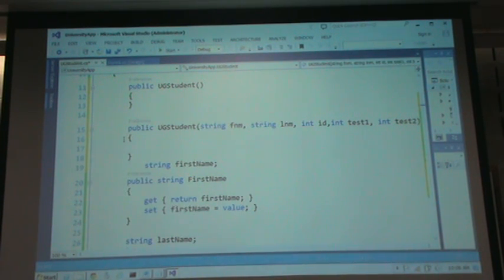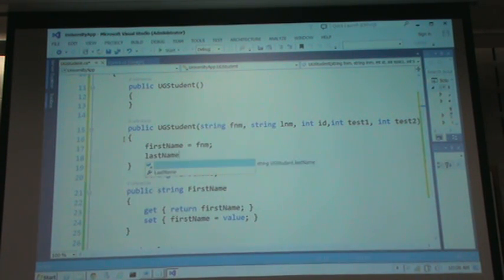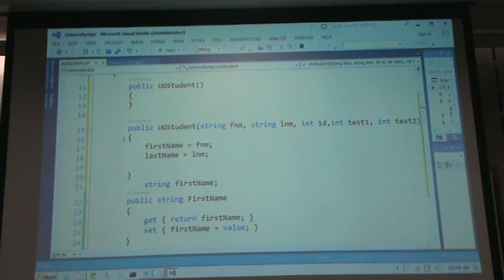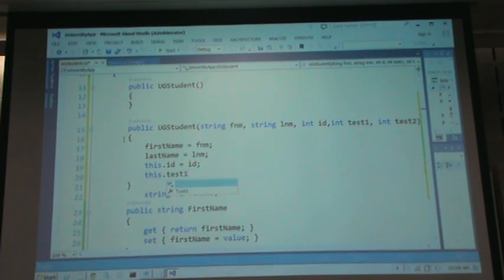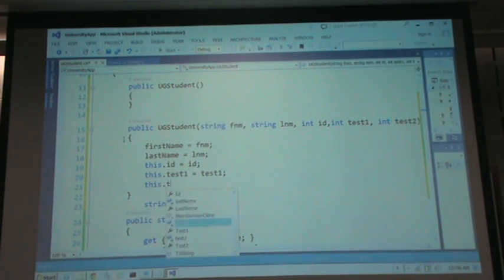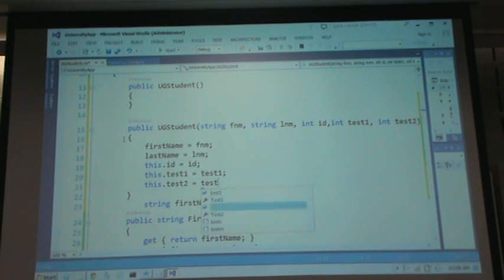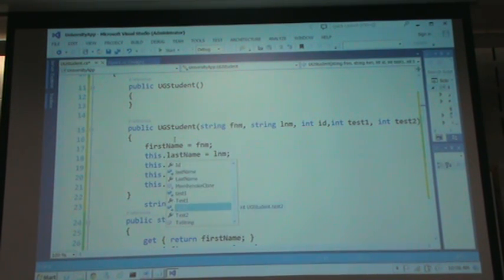Okay, so our code will be: take the first parameter and store it into our class variable first name. Same way, last name equal to LNM. And this dot ID, because otherwise it will be a confusion which ID we are talking about. And this dot test1 equal to test1. And this dot test2, right? Even over here, even though there's no confusion, there's no harm in writing this dot last name equal